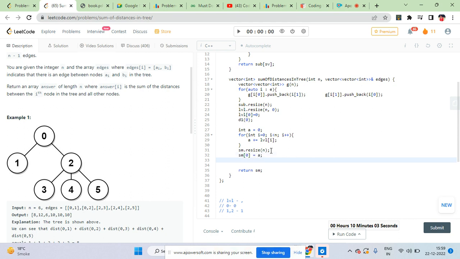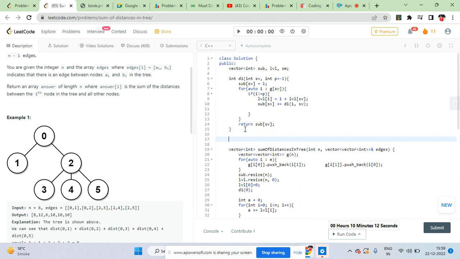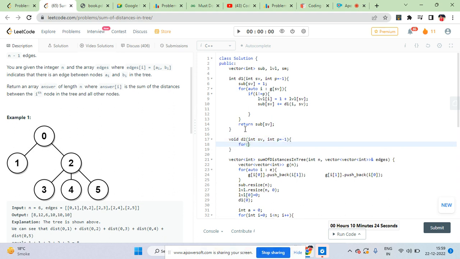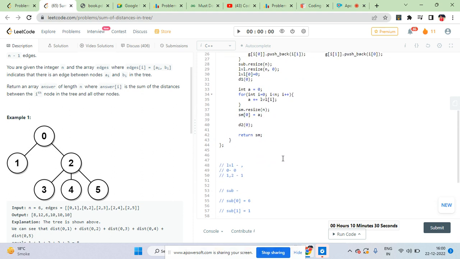जीरो का आंसर मेरे पास आ चुका है। नाउ मेरे को क्या करना है, डी टू एक दूसरा डीएफएस फंक्शन चलाऊंगा जो भी जीरो से ही चलाऊंगा मैं, और इसके अंदर बाकी सबका सम आ जाएगा। कैसे चलेगा वो डी टू फंक्शन देखते हैं। इसके लिए आई थिंक वॉइड काफ़ी रहेगा मैं, और डी टू इंट एस वी, और इसमें भी हमें एक पेरेंट चाहिए होगा टू कीप ट्रैक की वो ऊपर ना चले जाए, इक्वल टू -1 बेसिकली। एंड फॉर लूप चलेगा ऑटो आई एन जी ऑफ एस वी। एंड अब देखो ये है मेन पार्ट की आंसर जीरो के थ्रू,